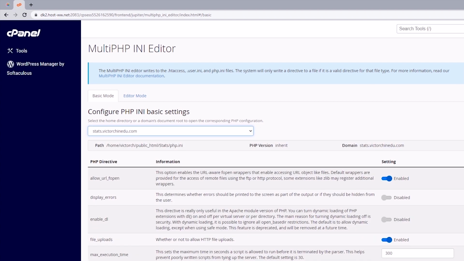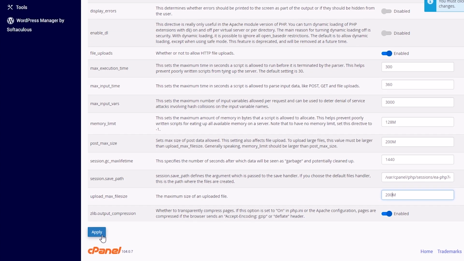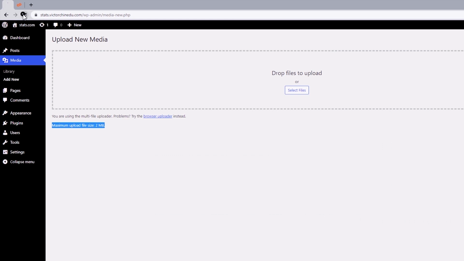And once that opens up, scroll down this page, and there we have it, the upload max file size. So just input your values here in megabytes and then apply. So if you head back to your website dashboard, we should find the same value we added in from its